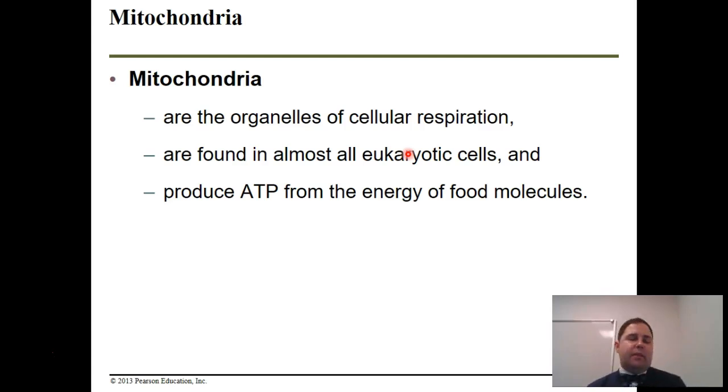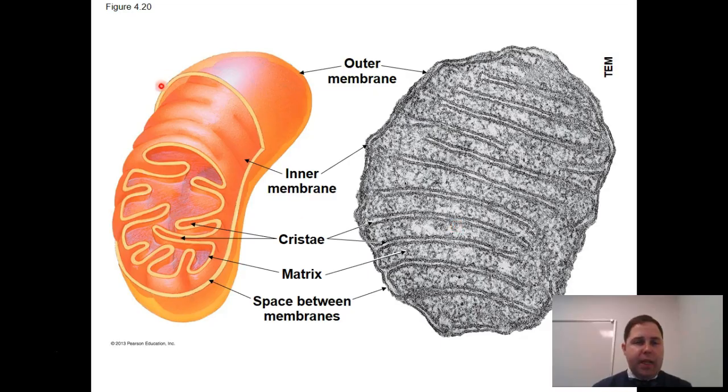The opposite idea of a chloroplast is the mitochondria. Mitochondria allows us to do cellular respiration. All eukaryotic cells, including plants, have them, and they produce ATP from food. And one way to think about it is produce ATP from sugar. So again, this is a double membrane structure, and you should be able to recognize this by the fact that it has all of these wavy membranes inside of the outer membrane.